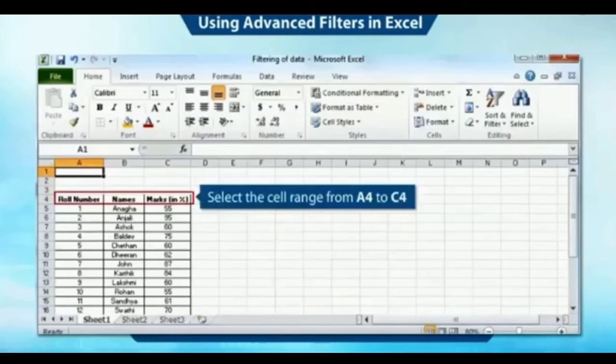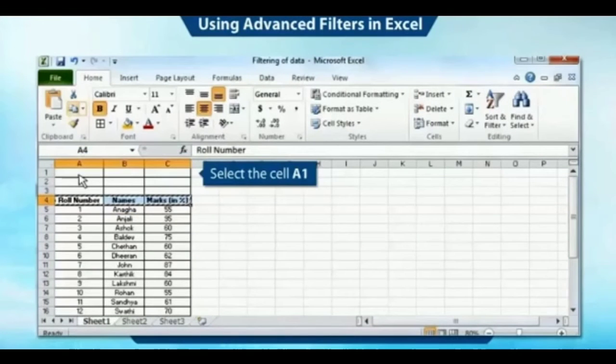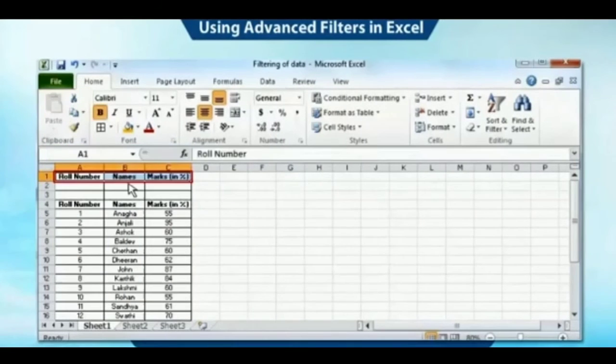To add column labels, select the cell range from A4 to C4. Now in the home tab, from the clipboard group, click the copy icon. Now select the cell A1 and on the home tab, from the clipboard group, click the paste option.